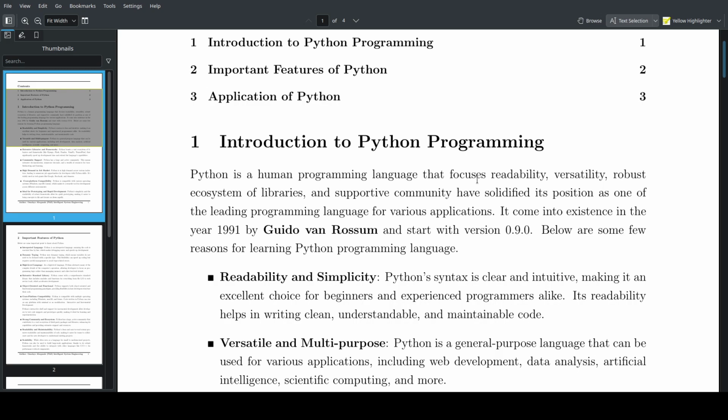Python, I call it the human programming language that focuses on readability, versatility, robustness, its ecosystem, and community support. It's a widely used, human-friendly programming language.